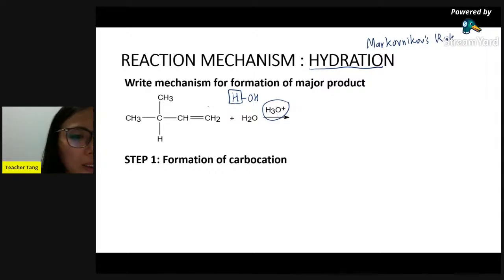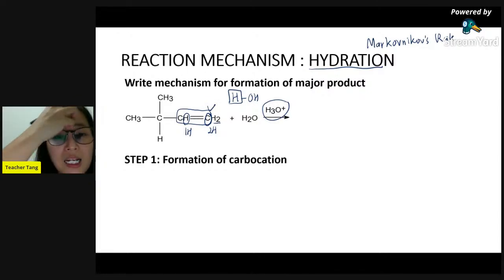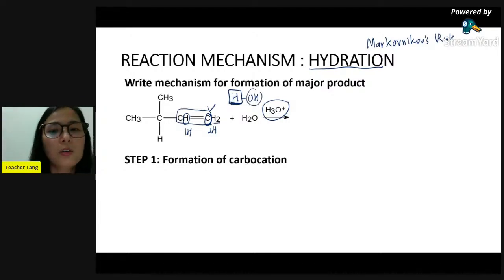So this is the carbon-carbon double bond. Carbon ini mempunyai 2 hydrogen. This carbon 1 hydrogen. So this carbon mempunyai lebih banyak hydrogen. Therefore, the hydrogen of the water will go to the first carbon. Okay, and the OH will go to the second carbon. So we will get